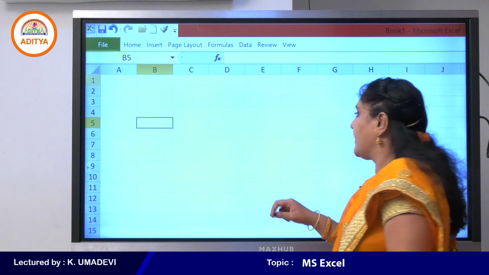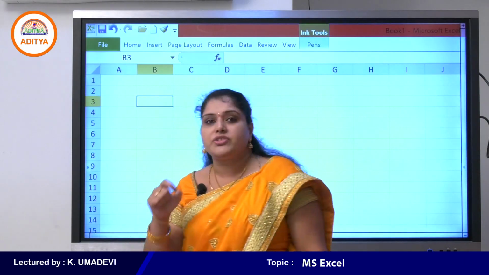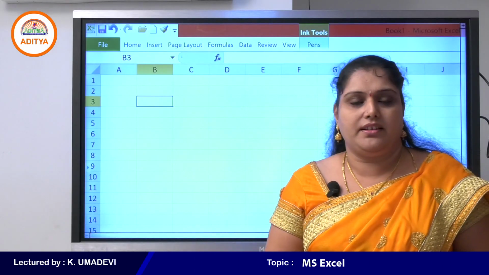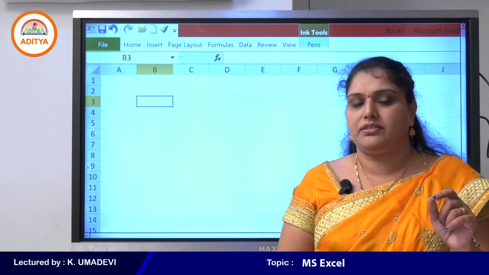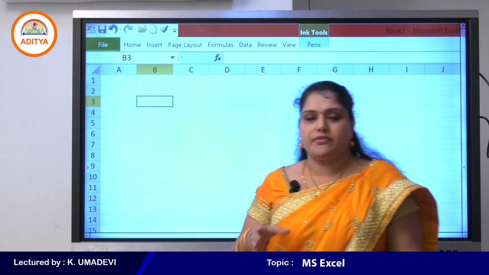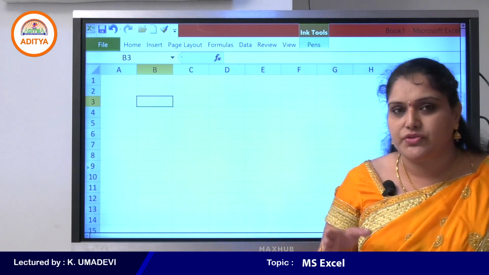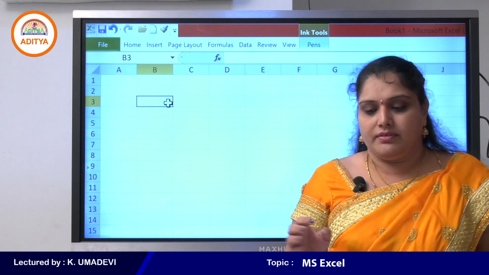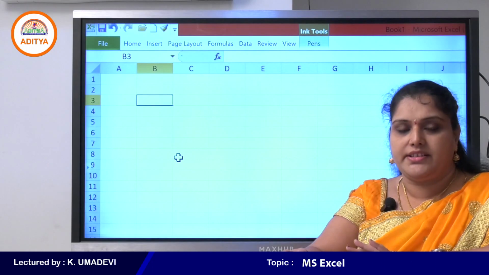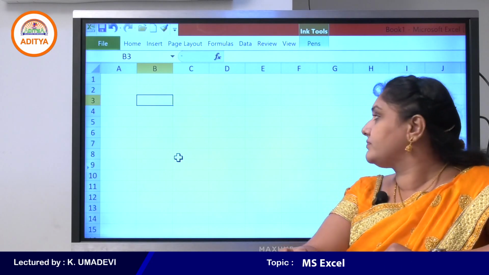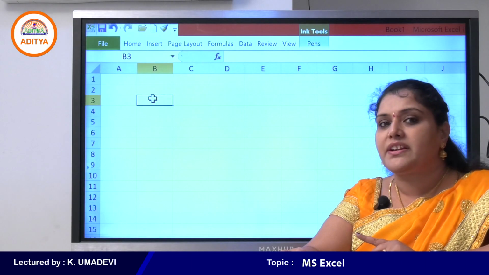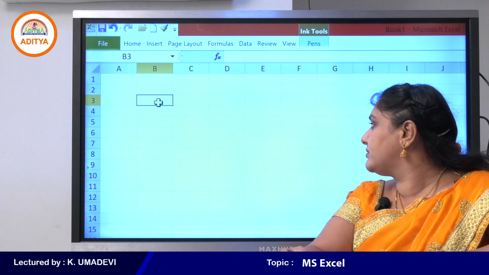Now I would like to tell you one thing, students: the most important and the best feature of Excel is the fill handle. The fill handle is a tool. Do you know about the fill handle, students? What is the use of the fill handle and what is it? The fill handle is one of the features in Excel. Now I will show you what the fill handle is. Just click on any cell, that is called the active cell, right? When you move your mouse pointer over the bottom right corner of the active cell,